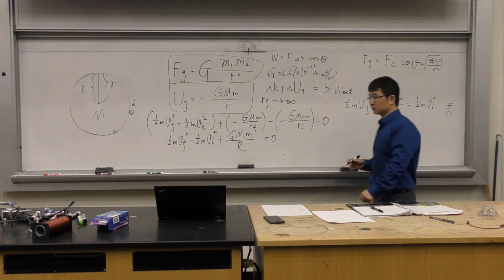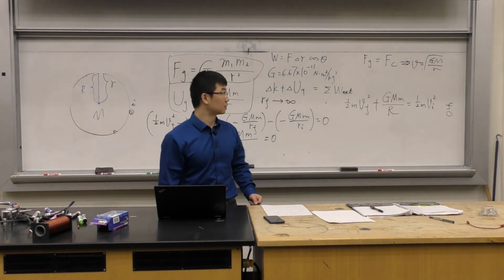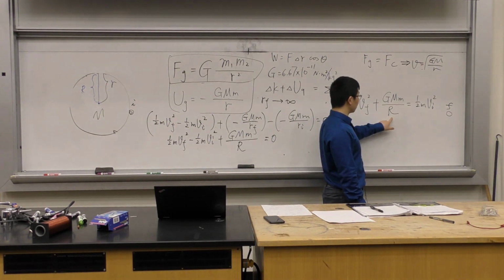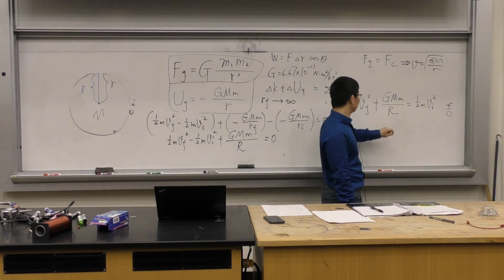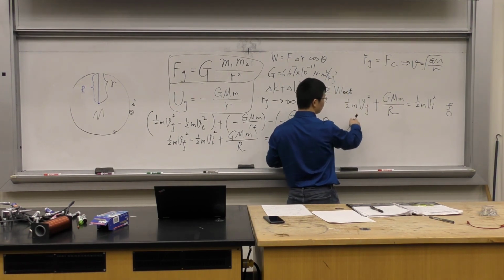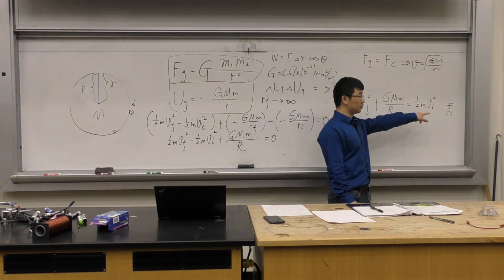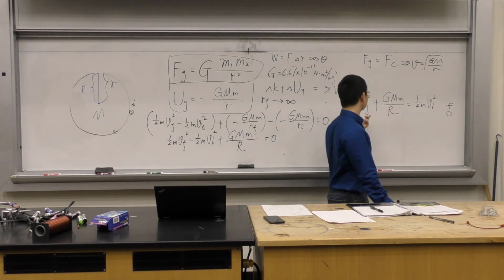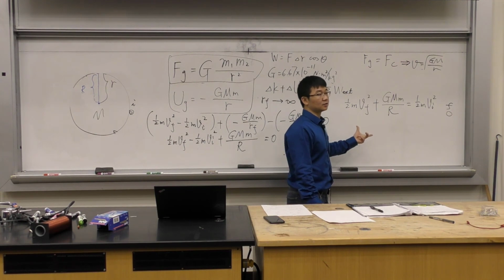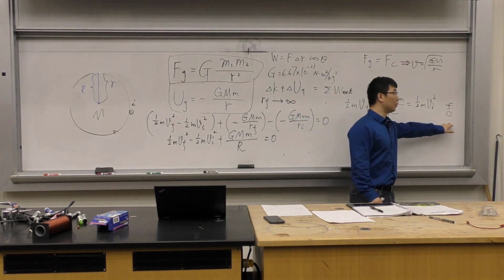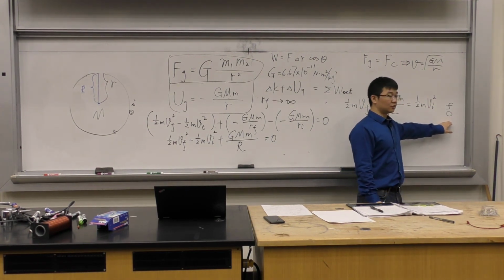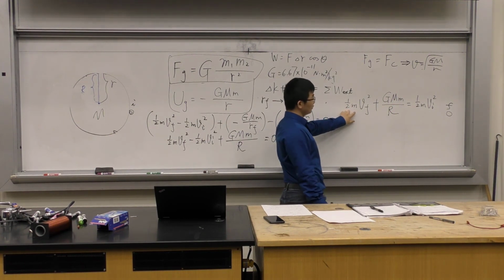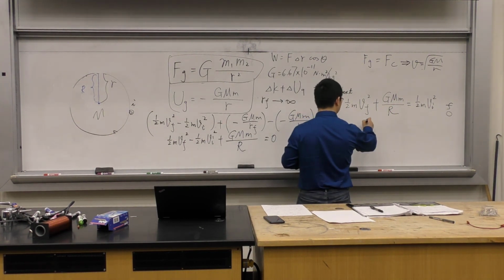Take a look at the left-hand side. All I need to do is find the minimum value on the left-hand side. What is the minimum value of this? Well, this part doesn't change, right? G is constant, the mass of the Earth is constant, the radius of the Earth is constant, the mass of the object is constant. So it totally depends on the minimum value of this term, the velocity of the object at the final point. What's the minimum value? The minimum value is just going to be 0, right? So when it's here, it's almost like at rest. It flies very far away, but at that point, the minimum speed is going to be 0. So if the minimum value of this is 0, then you will get